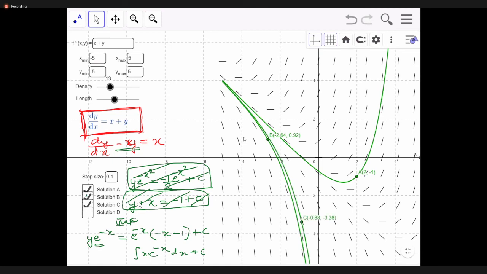Observe and tell me according to you what is happening. It is the same differential equation. But when I tick mark solution A, once again you see, I'll just remove this. See, solution A, some curve is there on the screen. Now solution B, again you can see the nature of the curve, how it is.